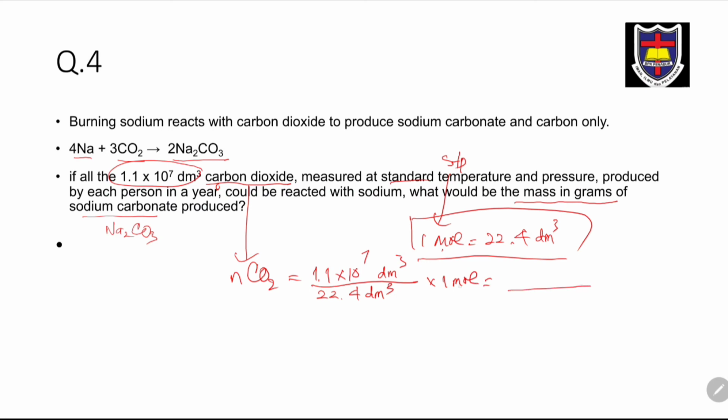So you have the moles of CO2, then the moles of Na2CO3 we find out by comparing to the CO2. The ratio is 2 to 3. So the number of Na2CO3 is 2 over 3 times this, times X. After you get the moles, then you can find the mass of sodium carbonate by multiplying